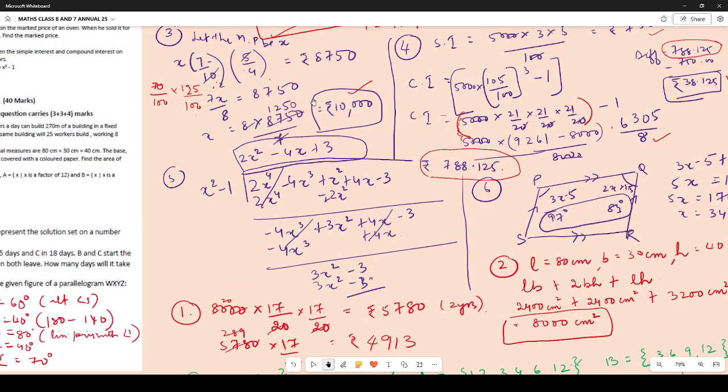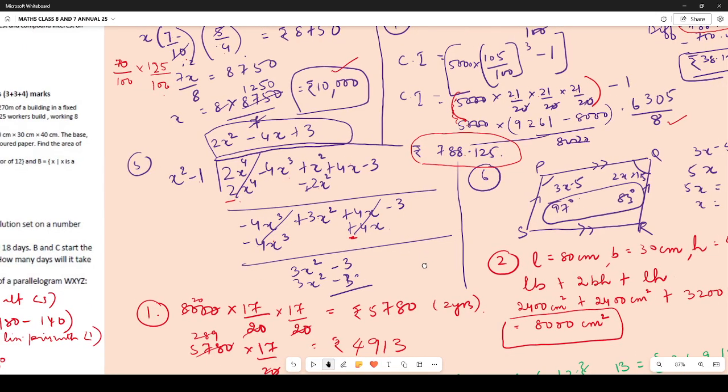So first we need to cancel out this part. So x square into 2x square will give you 2x to the power 4. Then minus 1 into 2x square will give you minus 2x square. Remember, the signs change, so this becomes plus, and you are left with 3x square. This comes down, this comes down, this comes down. Now you need to multiply it with minus 4x. So minus 4x cube and plus 4x, plus minus 1 into minus 4x is plus 4x, and then you